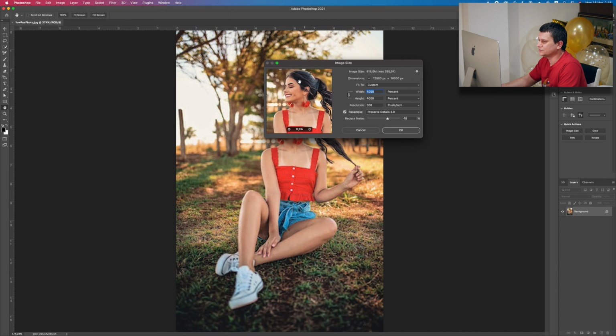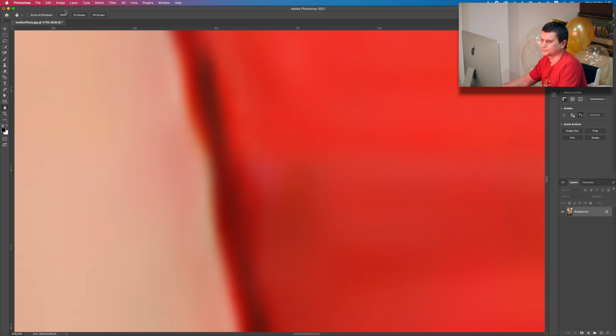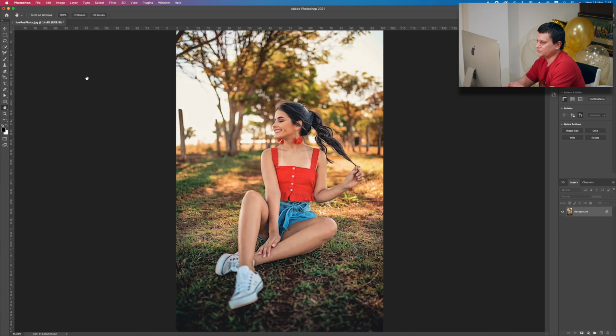Now as you can see, the image looks way better. Also you have Reduce Noise. You can reduce the noise however you want. For me 40 is good, and just press OK. Now as you can see, the image looks way better with the Preserve Details 2.0 technology, and you have it